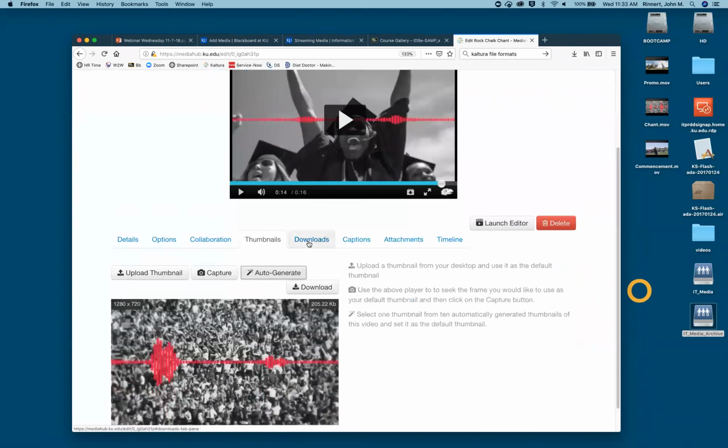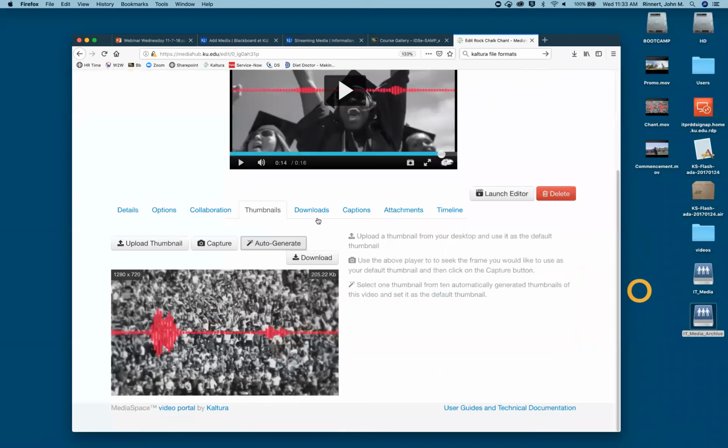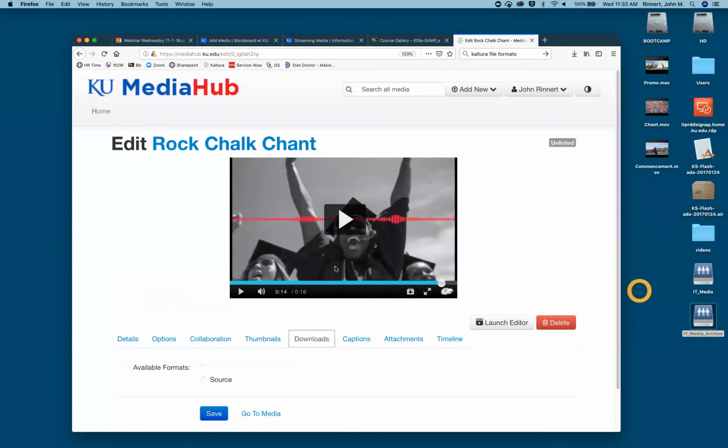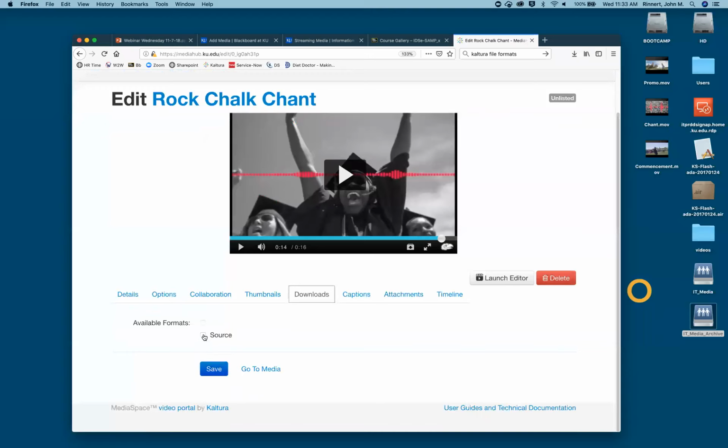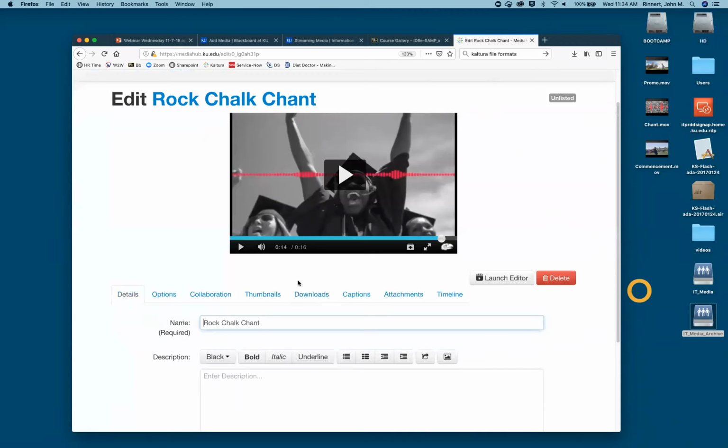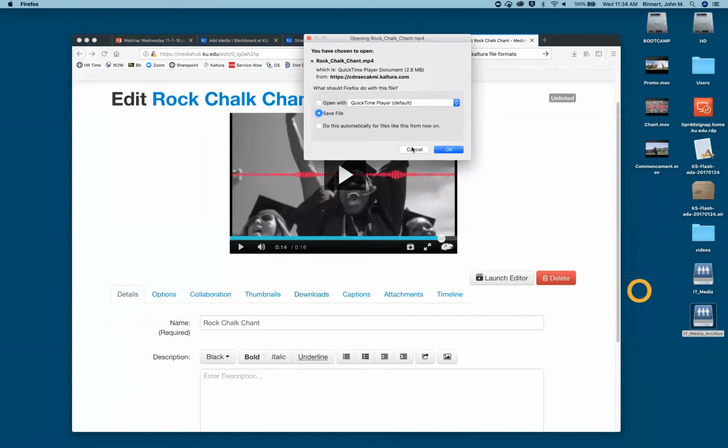Downloads: you've uploaded a video and you now want it back because you didn't save a copy. First we'd say, hey, save a copy. But if you click on the downloads button, you can download. You just click on source, and that will basically download the same version of the video that you uploaded. And just a little tip also, from the player on this edit screen, we have a download button here too. That lets you download the source as well.